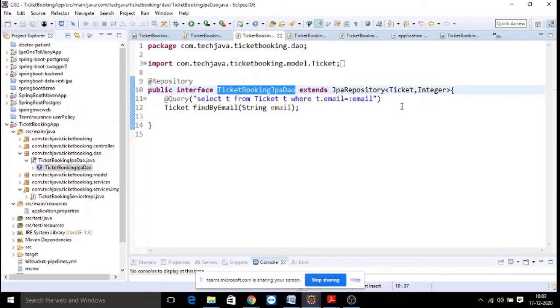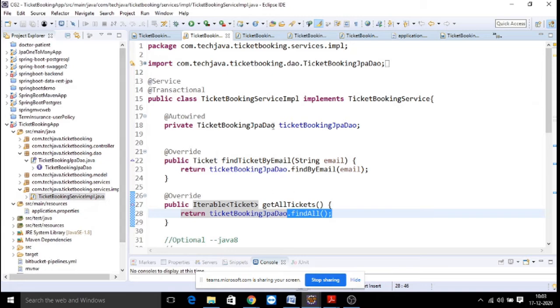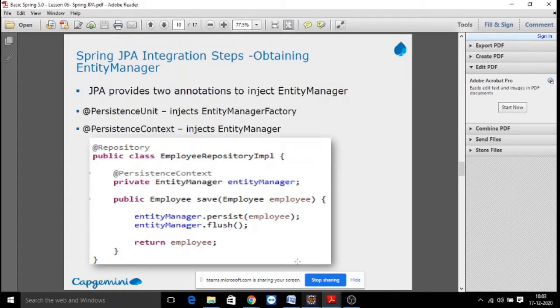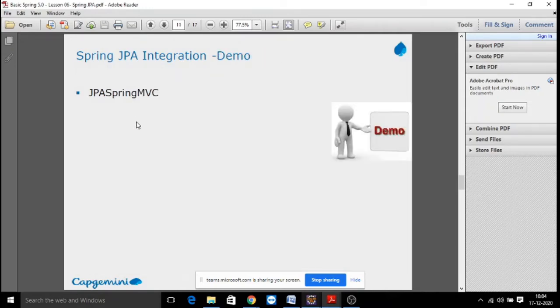You don't need to add any entity manager factory bean, or entity manager is not required at all. But you can observe the type of annotations we use to inject your persistence context and persistence unit into your application.